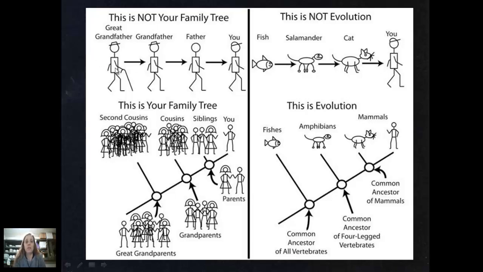All right, so to be very clear, this image that you're seeing up here at the top, this is not your family. While you did come from your father, you didn't come from your cousins. You didn't evolve from your cousins. You share a common ancestor with your cousins, which happens to be your grandparents. But your cousins have different parents than you do. So you didn't come directly from your siblings or your cousins. You just share a common ancestor. The ancestor that you share with your siblings is obviously your parents. The ancestor you share with your cousins is your grandparents.